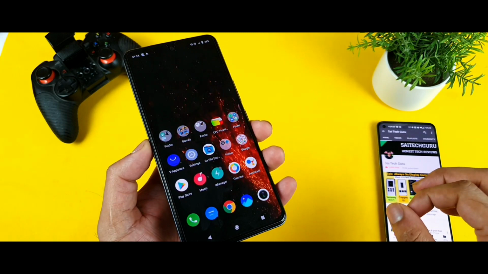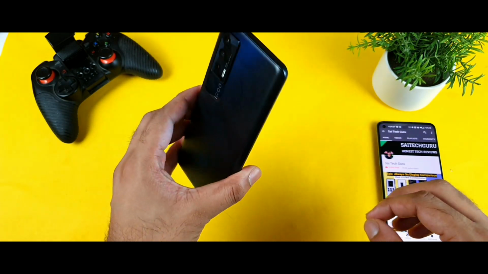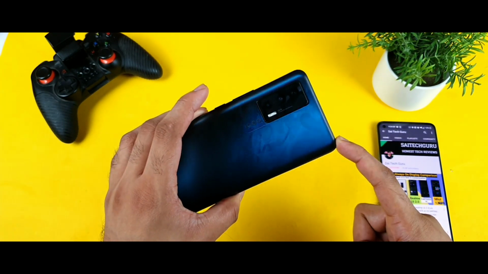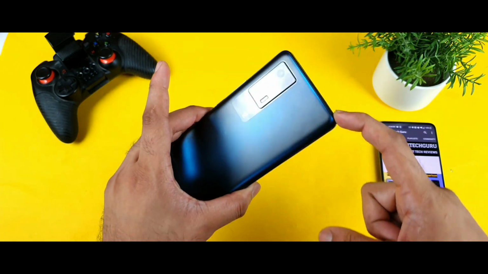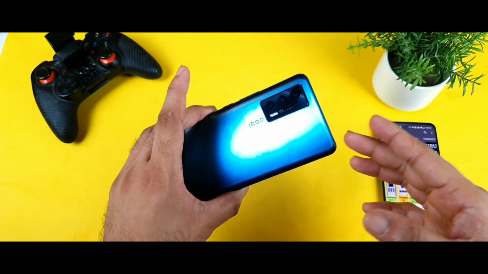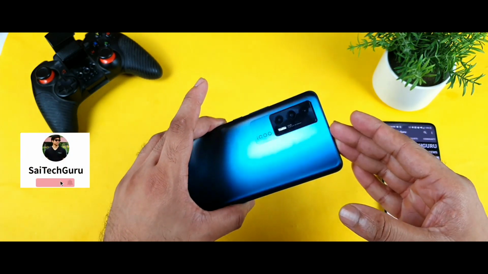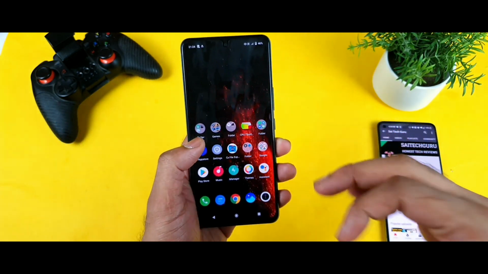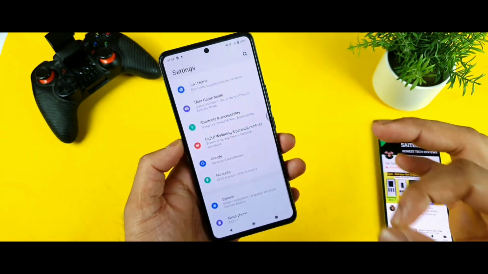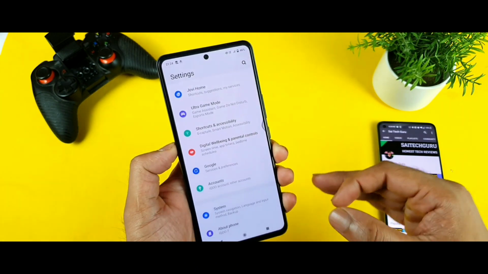In today's video, I'll try to talk about the green tint issue which is going on in the IQ7 device. Right now it's a really big issue, friends, because I'm experiencing the green tint issue even in other applications like YouTube as well. So in this video, I'll try to show you all the clear proofs and what you need to know about this IQ7.